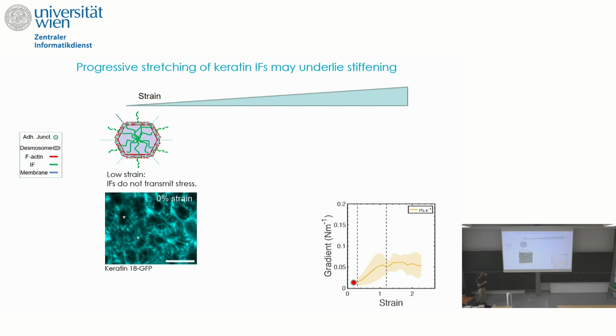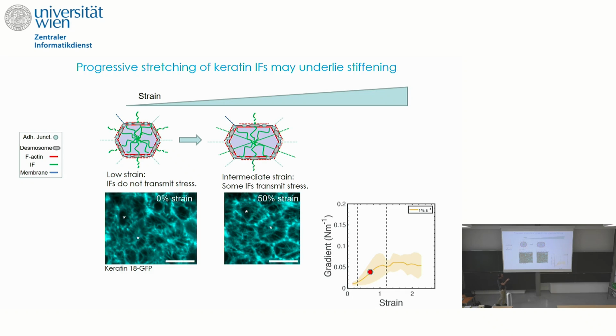And one idea for how keratins could lead to strain stiffening comes from imaging of the keratins in cells. So if you image them at low strain, or if you image them on glass, you can see that the keratins have got sort of wavy structures, as if they weren't subjected to any tension. When you subject the epithelium to strain, you start seeing these very tensed, or these very straight filaments, and that would suggest that